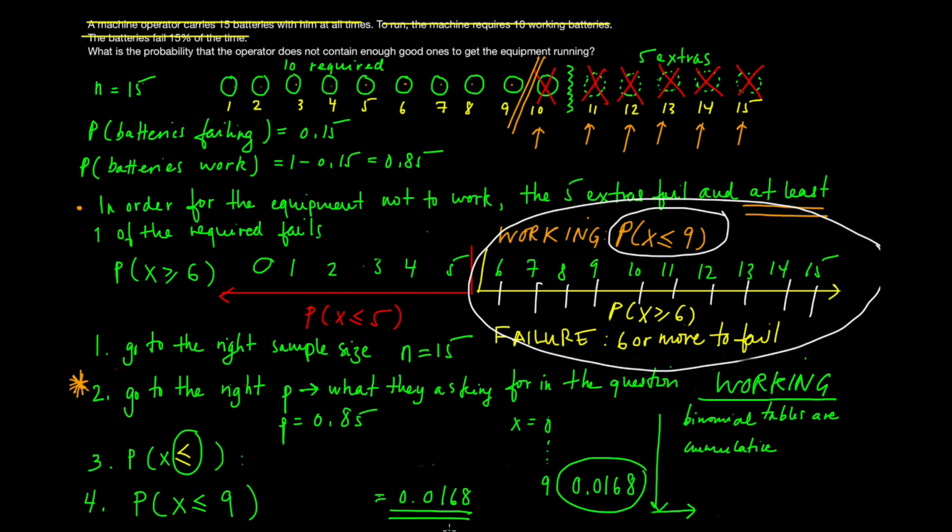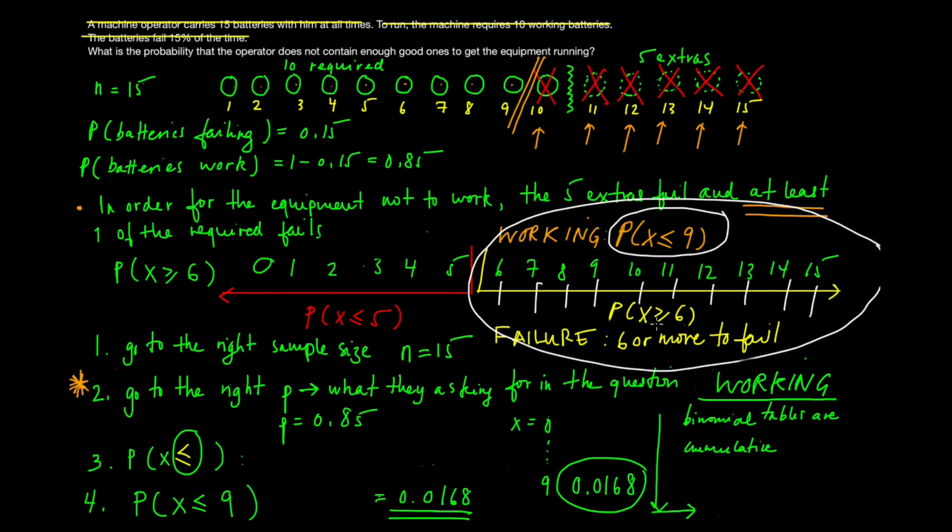The minute you don't contain enough good batteries, the equipment won't work. So all we want to know is really the probability of the equipment not working. Now that could be framed two different ways, depending on what you choose as your P and your Q. If you choose the failure, 6 or more have to fail. Look up here at the physical batteries, 6 or more have to fail. And that would imply that if you choose the probability of the batteries working, that 9 or less have